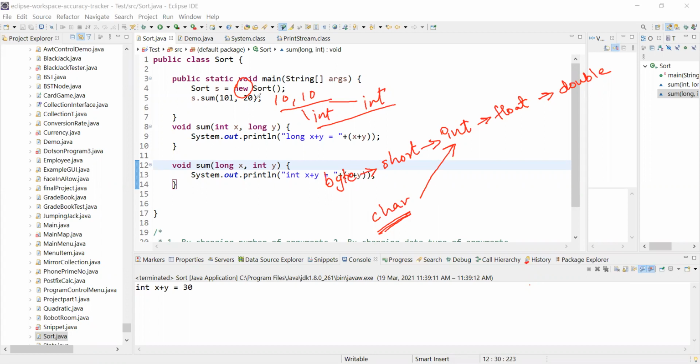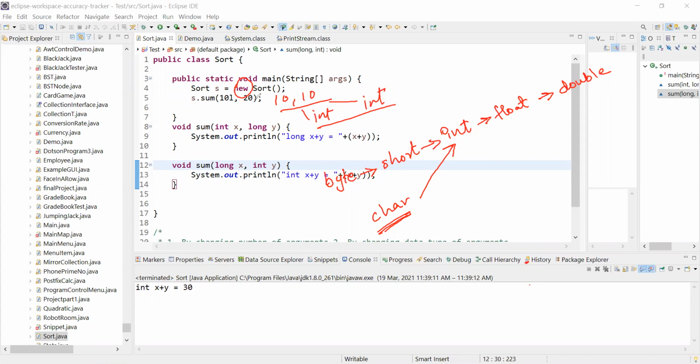Yes, whenever there are no matching arguments in the method, then it promotes a similar number of arguments. It will try to promote all the available arguments and try to resolve the call. One by one, right? First it will check the first one, and if it matches for the first one, it will go for the next one. Okay.